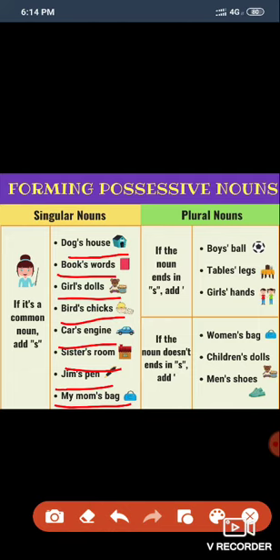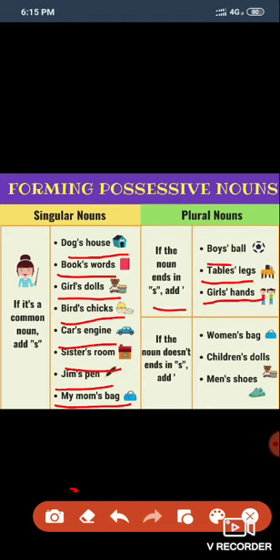The main thing is what possession is: the noun shows that something belongs to someone. Now this is all for the singular noun. If we talk about the plural noun ending with s, then we simply add an apostrophe, like boys' ball, table's legs, girls' hands.